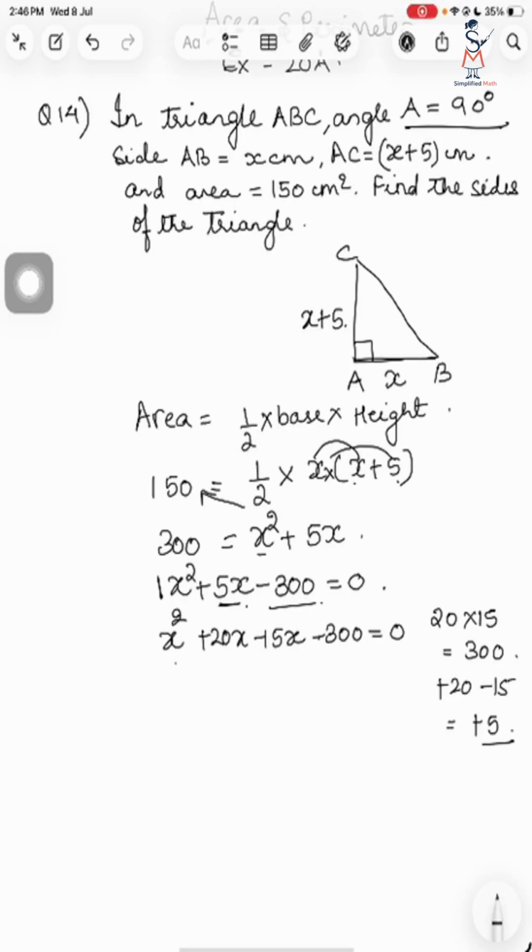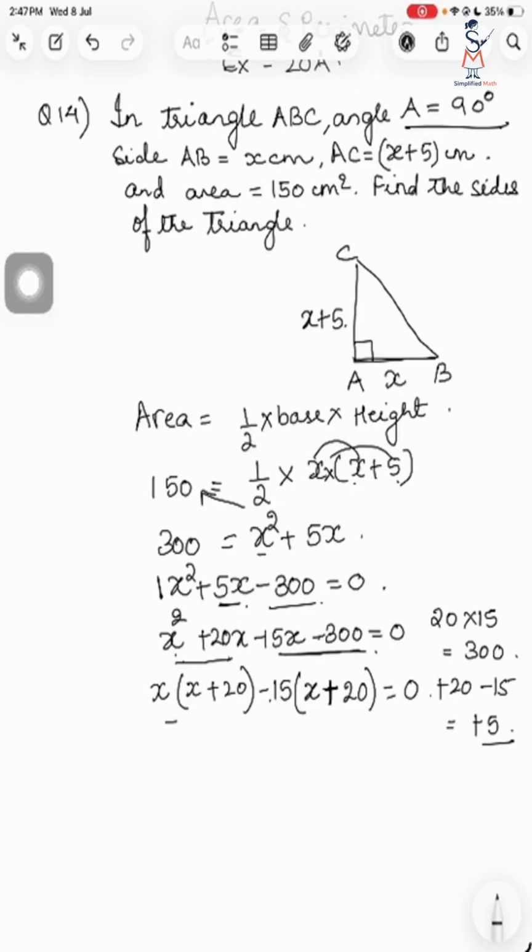Now we will solve these two and these two together. That means x will become common in x square plus 20x. What I am left with in this place is x plus 20. And here I'll take minus 15 common between these two terms, between minus 15x and minus 300. In the first term x is common, minus will become plus, because I have taken minus out, and this will become 15 into 20, 300, equal to 0.